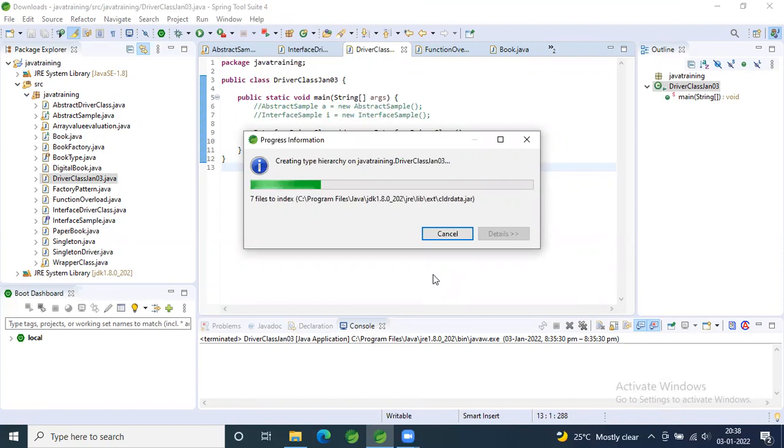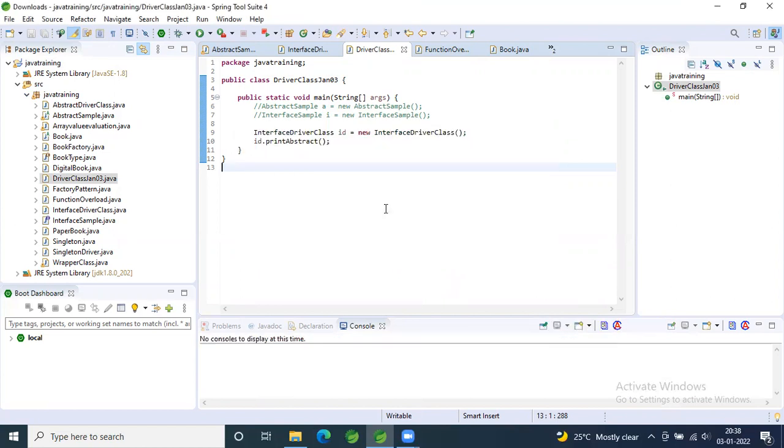Now right click and run as. Now it's going with the JDK folder, right? Yes. But previously I didn't face any issue. It was pointing to JDK. Still it's going with JRE only. Still the same.